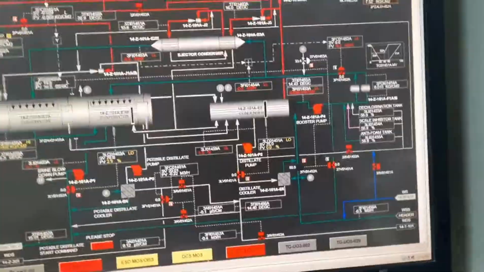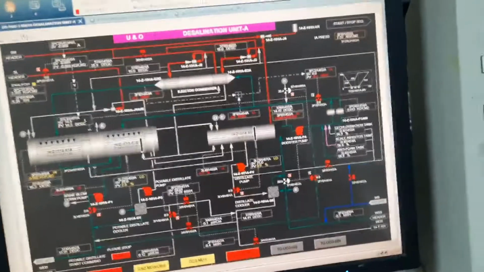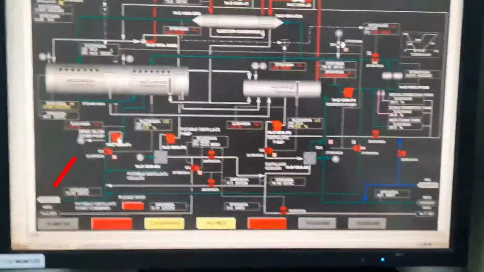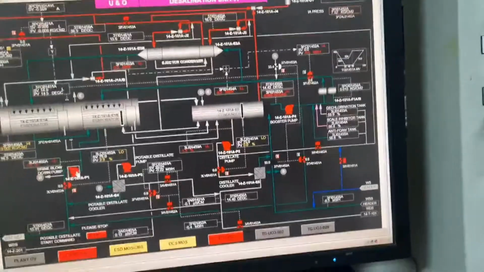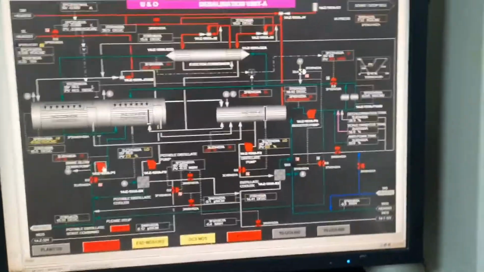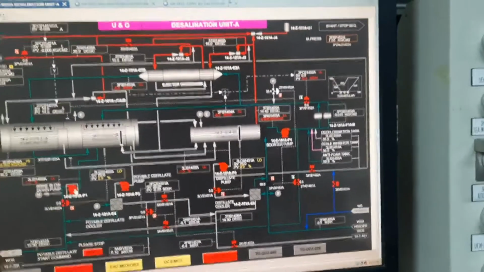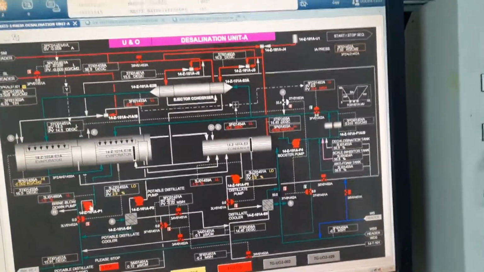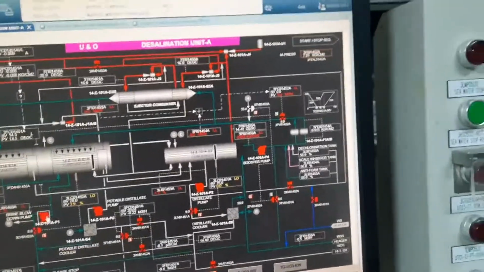But with this seawater, we will again open this control valve, because on this side is the concentrated water. Our main target is to increase the pH of the concentrated water before going to the outfall. We will open this brine blow down discharge control valve, start the brine blow down pump, and keep a low flow. Normally 1:14. If the seawater flow is 14, the evaporator flow you have to keep at only 1 meter cube. If you keep it like that, the pH will come to more than 6.5. As per environmental requirements, the pH required is more than 6.5. 6.5 to 8.5 is better.